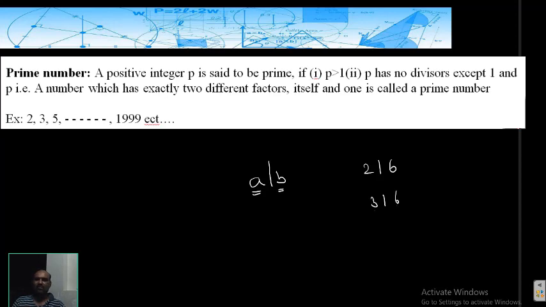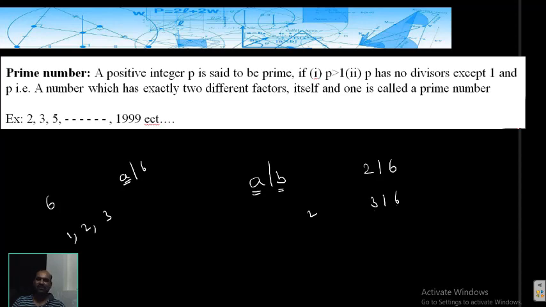What is the meaning of this? 2 is a factor of 6, 3 is a factor; like that several factors exist for 6. I want to write all the factors of 6. How can I find the factors of 6? I want to find A so that A divides 6. Such A's are the factors of 6. 1 divides 6, 1 is a factor. 2 divides 6, 2 is a factor. 3 divides 6, 3 is a factor. 4 divides 6, not correct; 4 is not a factor of 6. 5 divides 6, not correct; 5 is not a factor.